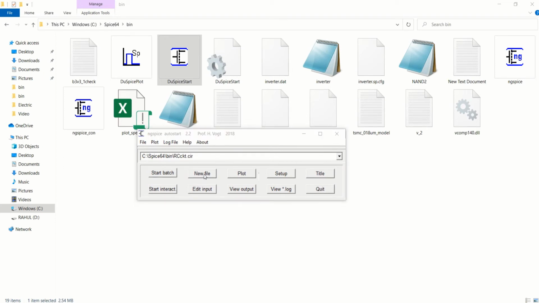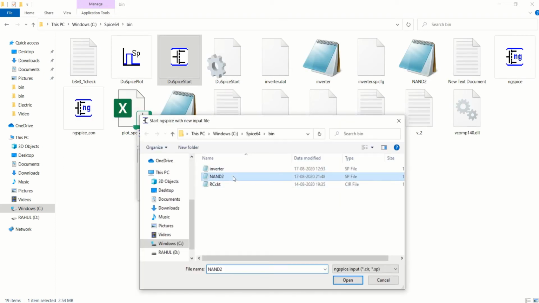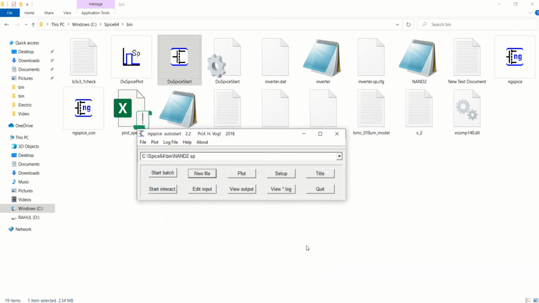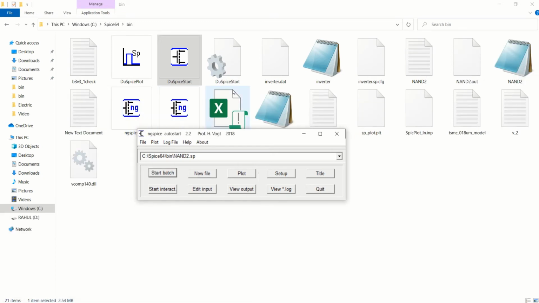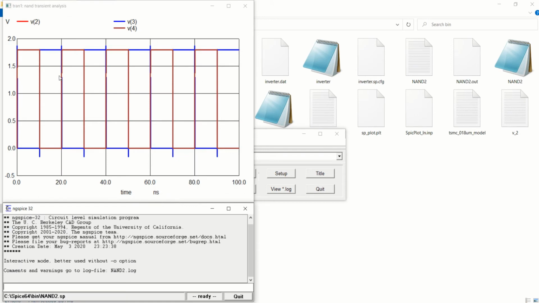Go to the new file and select the NAND2 SP format. Then you can start batch. It is going to create some batch files in the background. Then you can click on start interact.